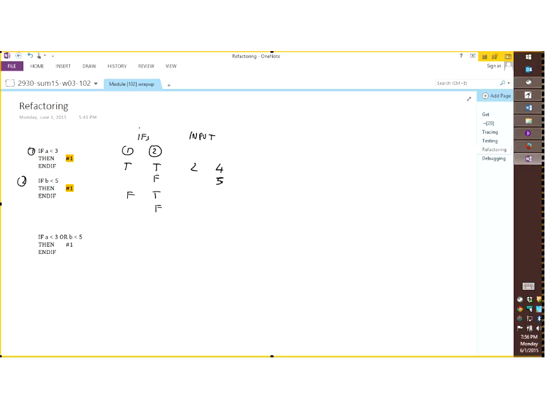This is the idea of boundary testing again. Nothing new there. What about the case where the first if statement is false? If I have a 3, again boundary testing, I stick to the boundaries, then this first if statement is going to be false, and then the second if statement is going to be true. I'm going to keep the same numbers, 4 and 5, except that here, let me see. If my first if statement is false and then my second if statement is true, I can keep 4 and 5. Yeah, never mind.